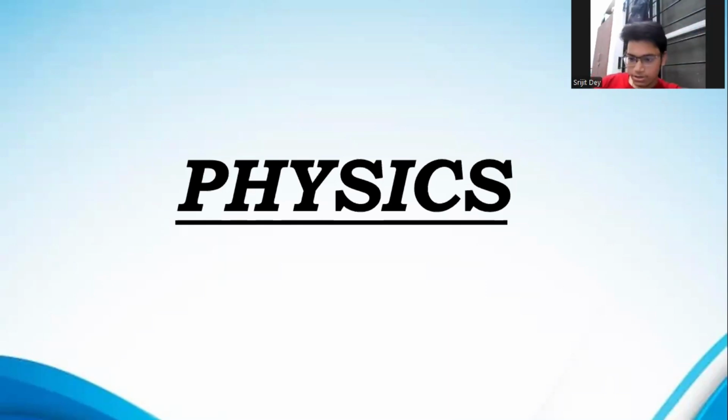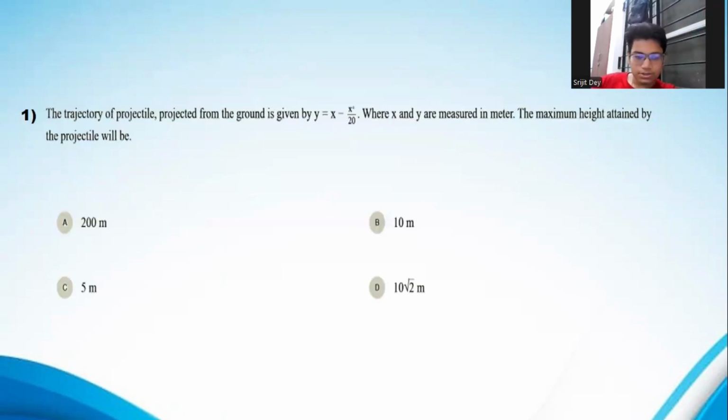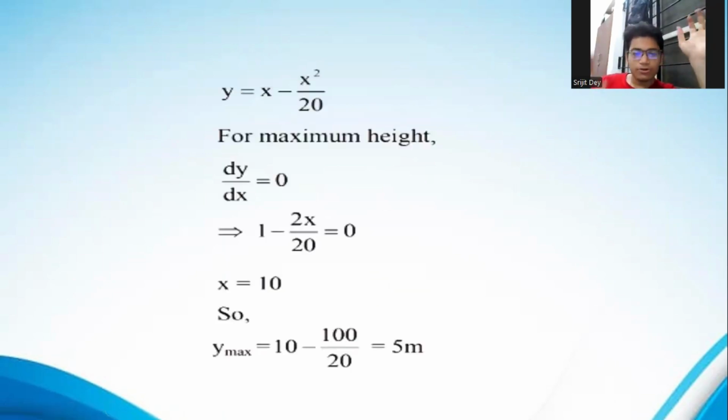So now let's get into the discussion of the physics paper. The first question is quite simple. You have been given an equation of the trajectory and you have to find the maximum height of this trajectory. So from the basic mathematics that you have learned, you know that for maximum height you have